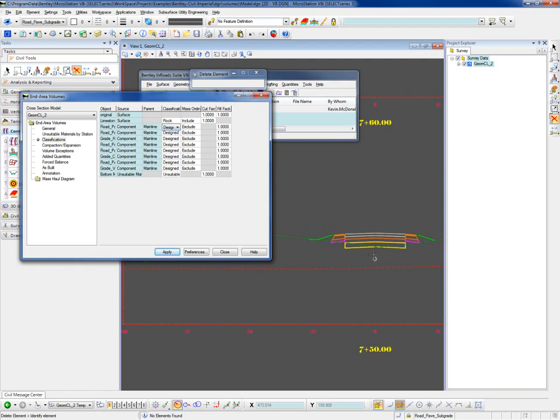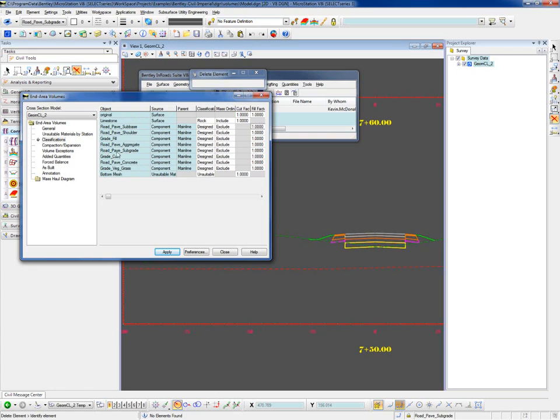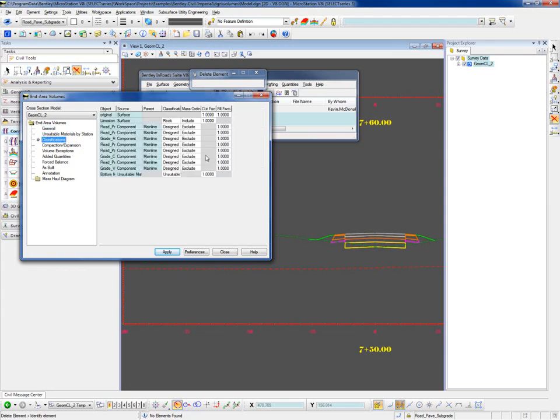To illustrate that, we're going to be looking at this bottom component down here, this subgrade component in yellow. We're going to run it once with that set normally to designed. The name of the object there is road paved subgrade. That's the one we're going to be looking at. Let's make sure we have our XML report turned on, and we have that road paved subgrade set to designed. When we hit apply, we're going to look at station 750 here